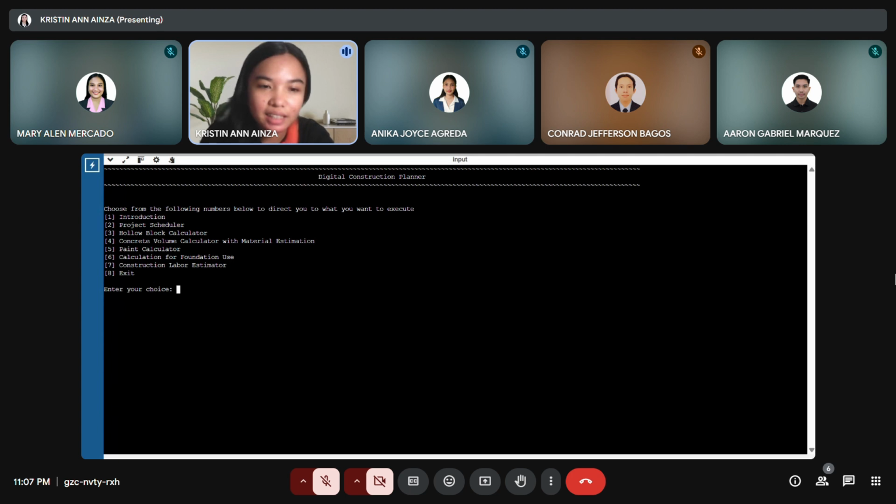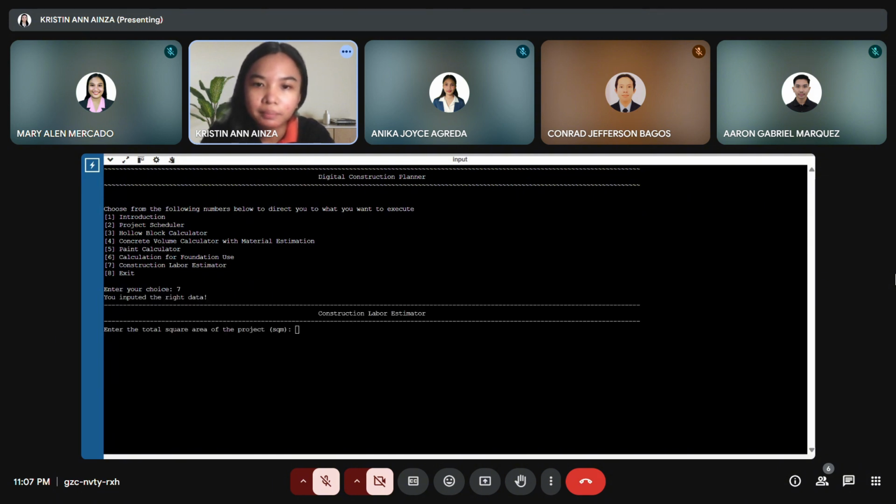Now I will be explaining choice number 7, otherwise known as the construction labor estimator. This program is built to help estimate how many workers are needed to finish a construction project based on the size of the project, the desired time to complete it, and the wages of workers to estimate total labor cost.